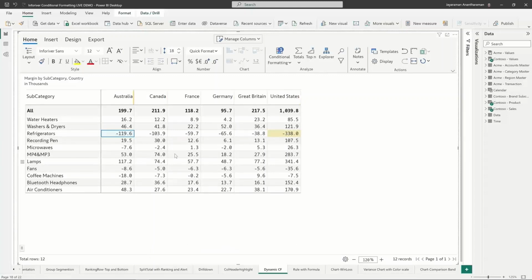Similarly, I'm going to select, let's say, negative 65, and then all values that are less than this particular cell are going to get highlighted. If I choose negative 0.2, it's going to select all values that are less than this particular number. If I choose, let's say, 283, which I think is the second largest value, then everything else gets